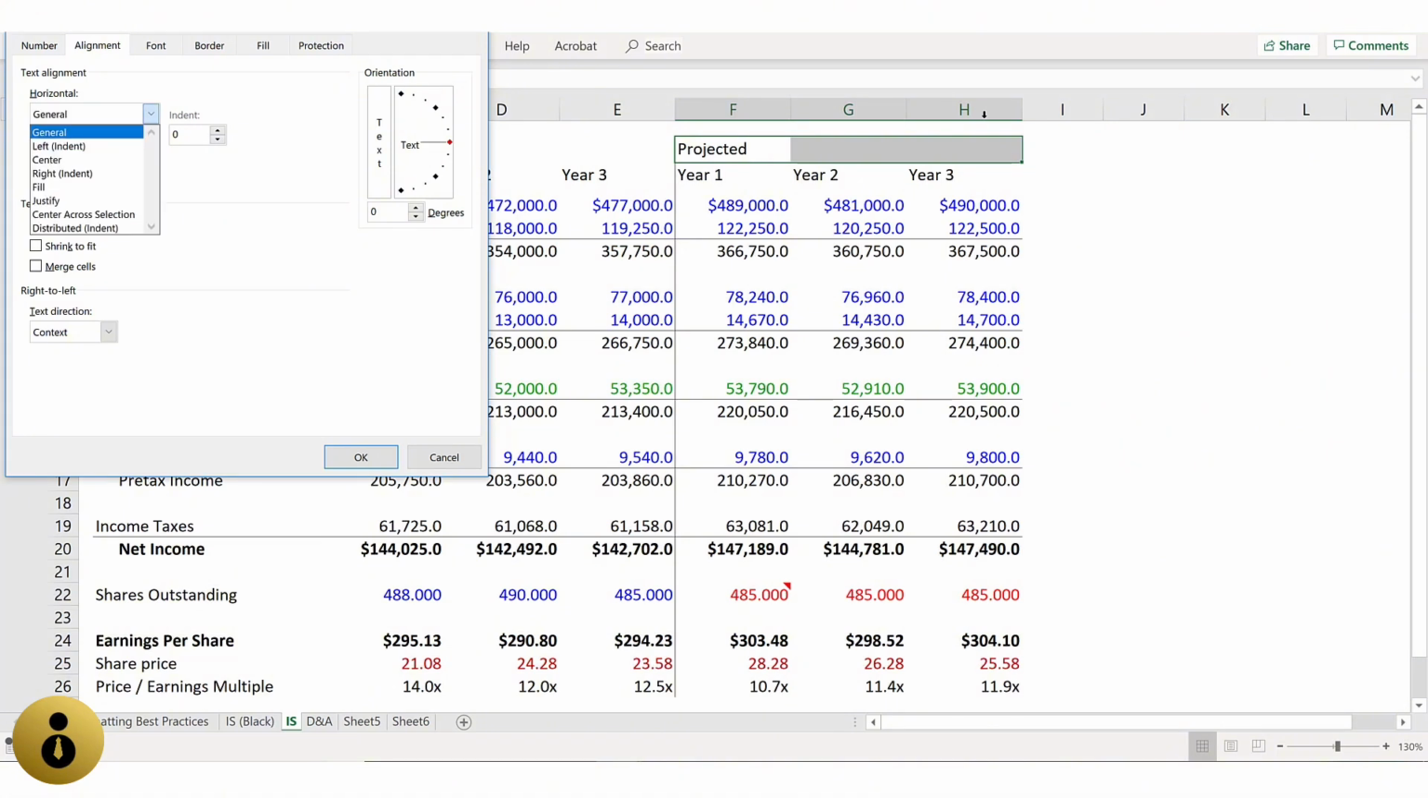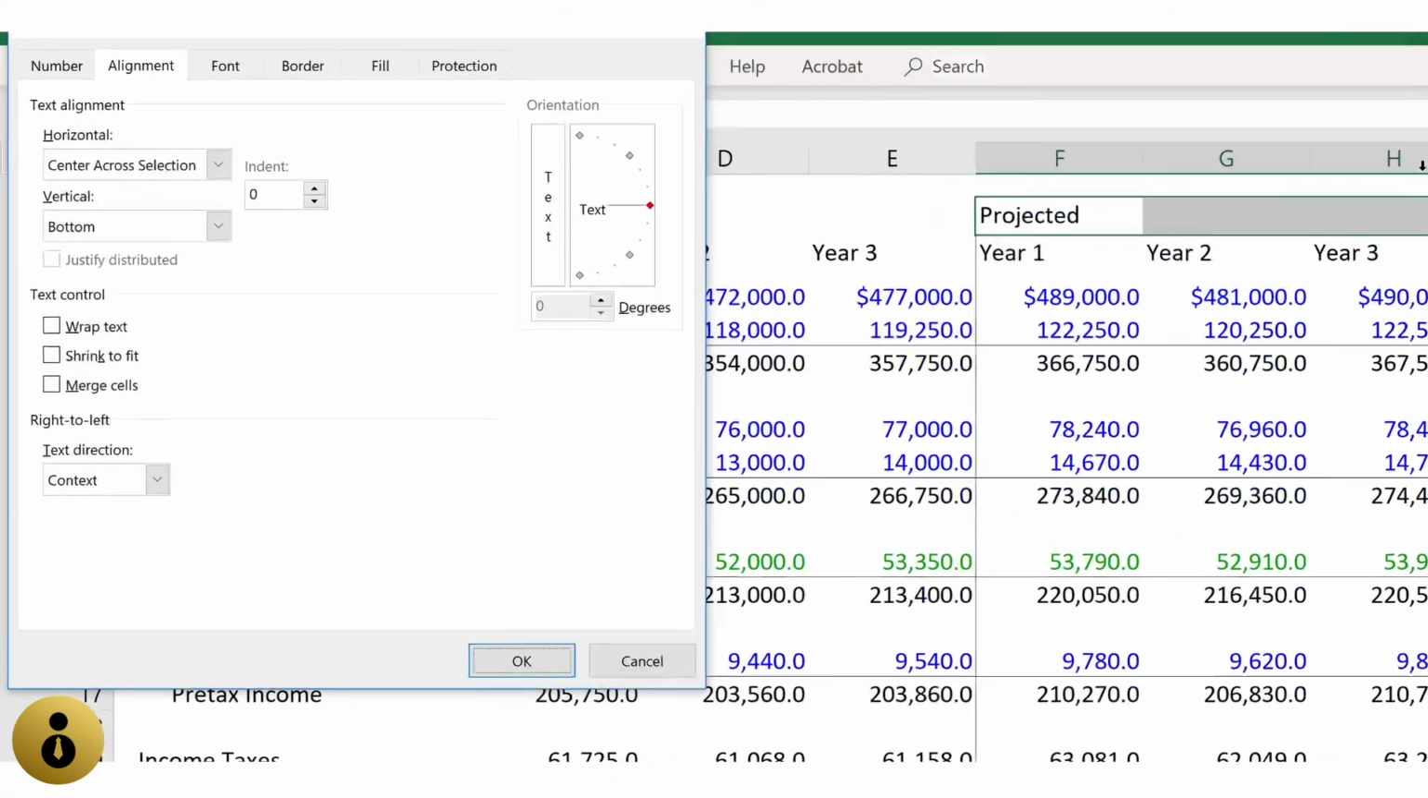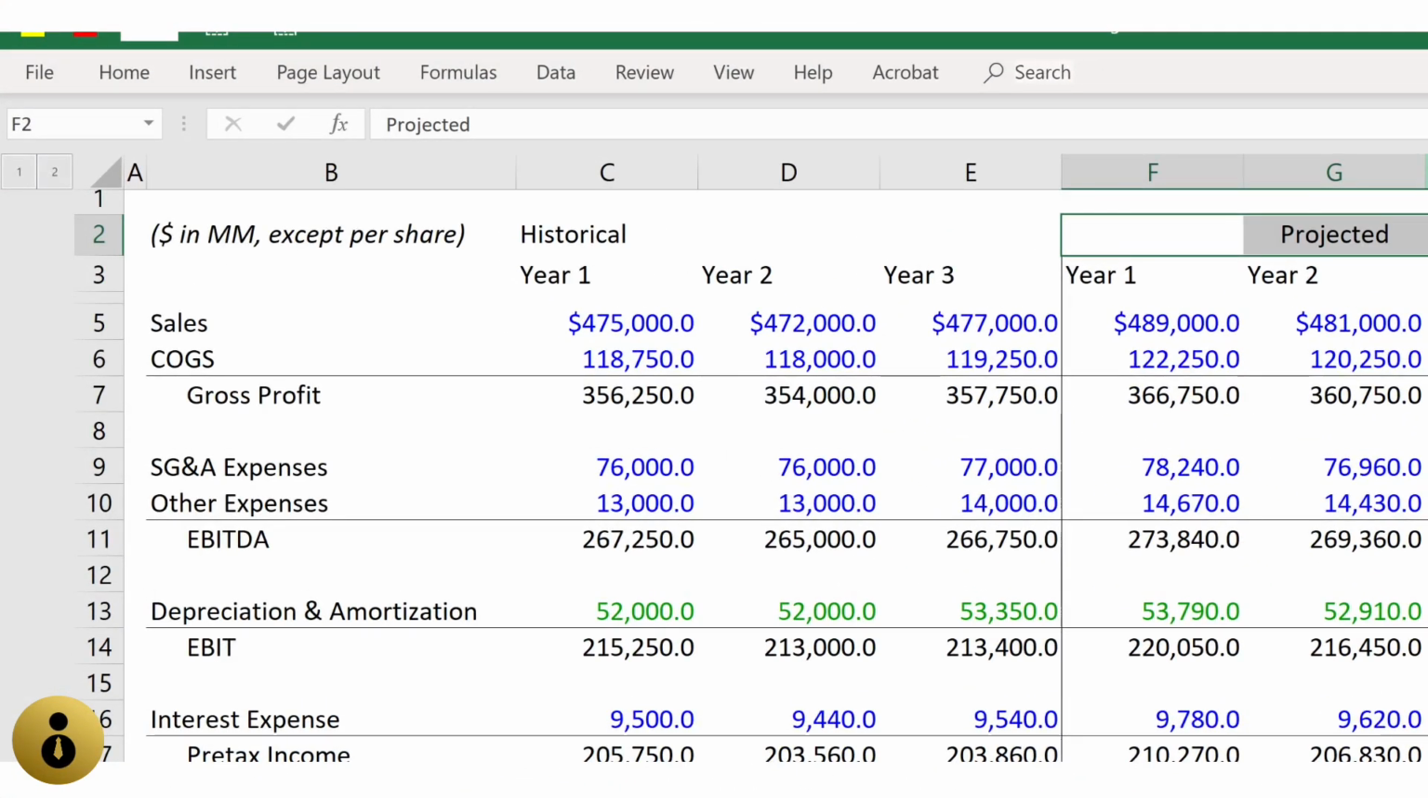You'll see that I have a few different options: left indent, center, right indent, fill, justify. You should recognize these from what you're used to using for aligning your text in a cell or even in Microsoft Word. The option we want to select is all the way down here at the bottom, Center Across Selection. When I hit Enter, and then Enter again, now that projected text is centered across my cells, but they're not